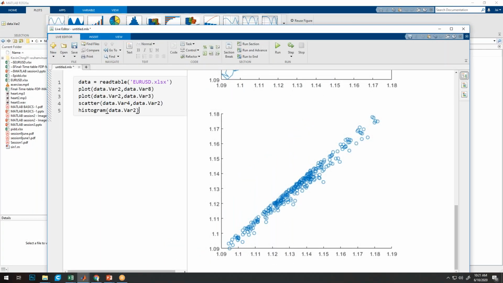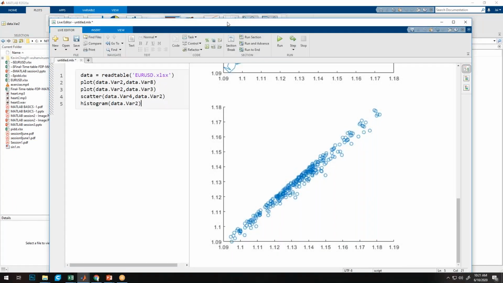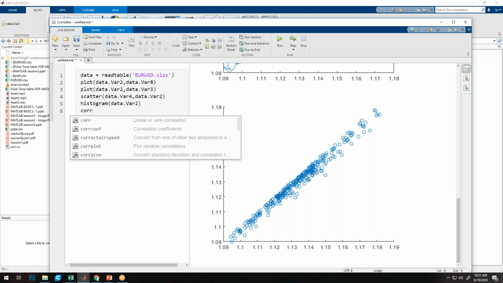So this is a good approach, where you can generate the code and later put it into a script so that you can do some data analysis. Now, in order to check the correlation, like how much it is correlated to the other variable, or if you want to find out the covariance, we can use a CORR function, which is used for correlation.